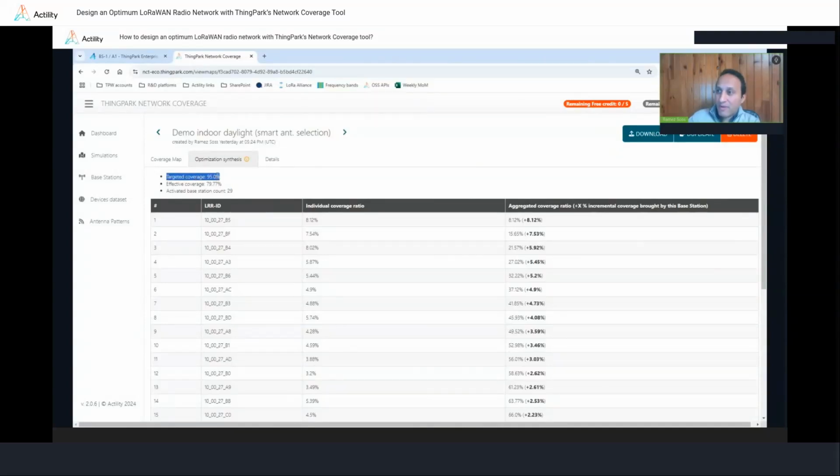To have 95% coverage, we had to add additional gateways to densify, while with only 29 gateways, we could not achieve the target of 95%, but only almost 80%, 79.75%. So it means that we need to add additional gateways in order to fulfill the overall coverage.